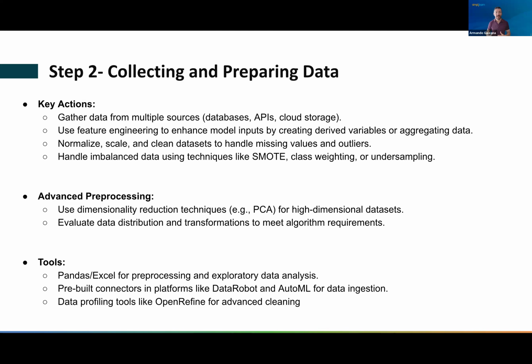Now, what does it mean to have high quality data? High quality data means that your data is complete, accurate, meaningful, and up to date. That means you have data that is a factual representation of the behavior you want to understand.